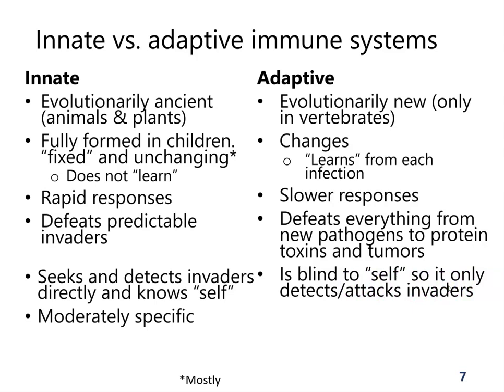The innate immune system, parts of it are not specific, parts of it are fairly specific, but nothing compared to how specific the adaptive immune system is. Think about how our antibodies can tell the difference between two different strains of the SARS-CoV-2 virus or any other virus. If a new viral variant appears, our innate immune system will protect us from it in the same way it did the old viral variant. But our antibodies, we might need new antibodies because they only worked for the last viral variant,